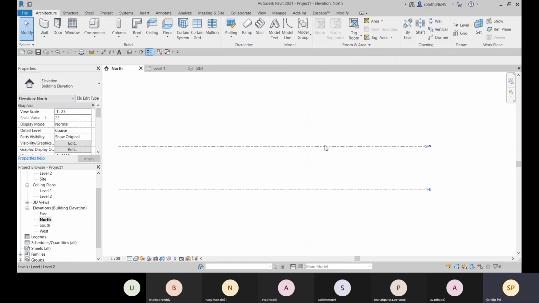So that is the introduction. I hope you understand, and now you are aware of this UI. Now you can access it. And in the next class, we will start creating projects.